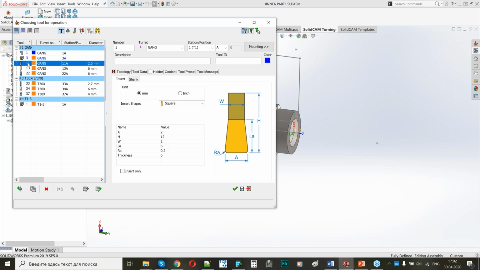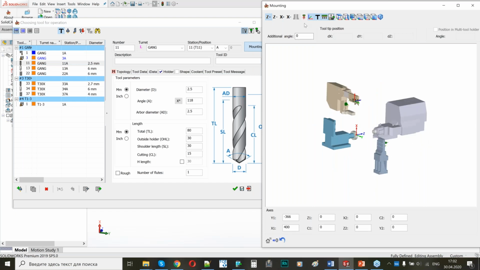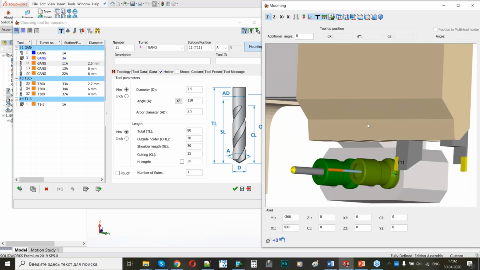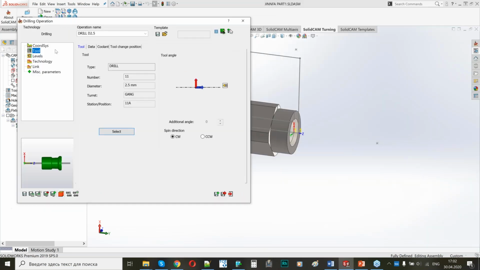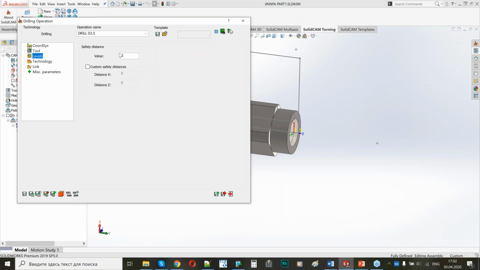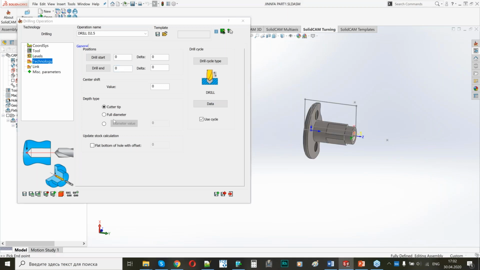Here it will be tool number 11. Let me show you it. This is it, my drilling tool. And now I would like to leave my level as a 0.5 millimeter. And in the technology, I would like to have my drilling end as a full diameter, and I would like